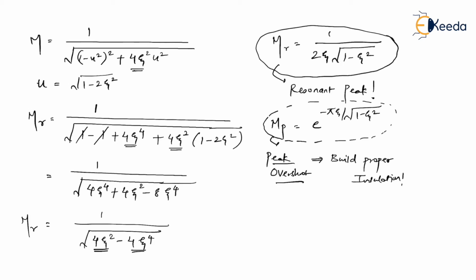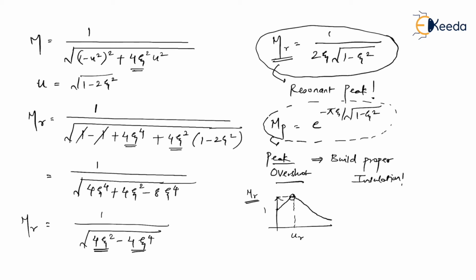So the question remains, why do we calculate the resonant peak in terms of frequency domain? Why do we do that? Let us understand the reason why. Because if you look at the M curve, it really started with 1, then it went to the maximum value, and then it is coming down. And this is happening at a particular frequency, and that particular frequency is called the resonant frequency, that is ur. So this maximum peak that I'm getting is what we call Mr. What does that mean? At a particular frequency, the system is going to oscillate with this maximum peak.